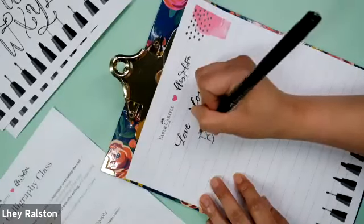Okay, so let's just go through the letters one by one. These are the capital letters. I think they're super pretty when it's like this. One thing I love using faux calligraphy for, wow, that's a mouthful, is when I want to add swashes